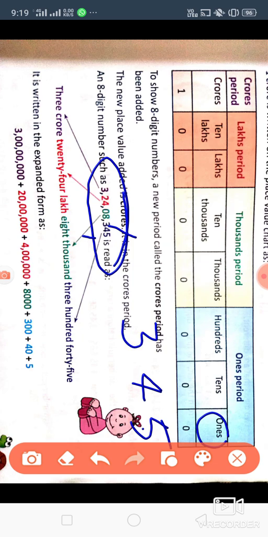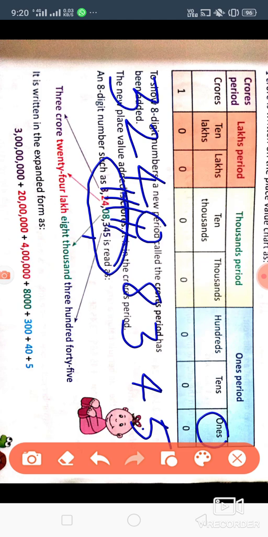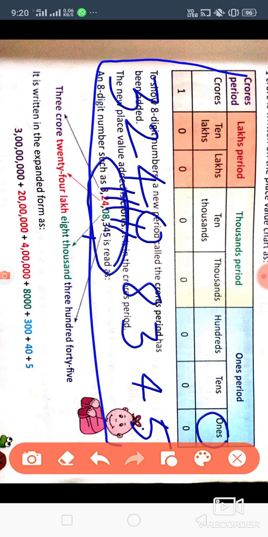On 1000 place, there is 8. So we'll write here 8. On 10,000 place, there is 0. So we'll write 0. And on lakhs place, what is there? 4. And on 10 lakhs place, what is there? 2. And on crores place, what is there? 3. So we'll write here 3. Got it? So you can make the place value chart, and according to its place you have to write the